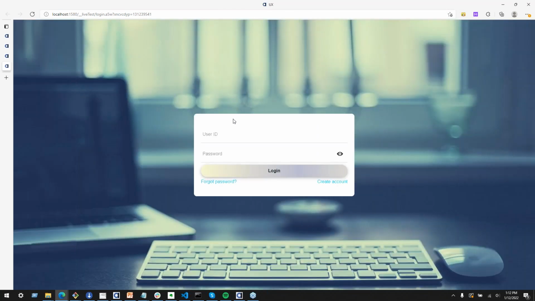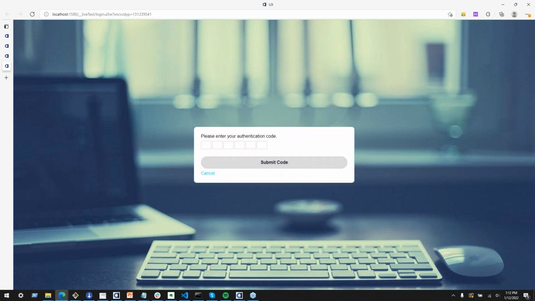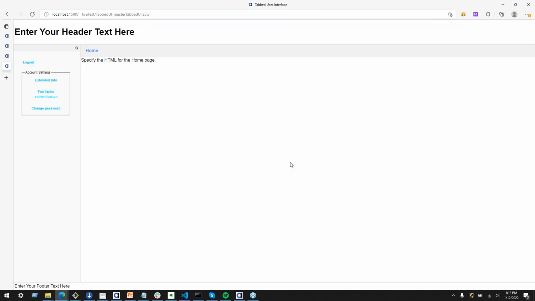Just to clarify here. So here's our live test again. Example.com. Log in. So now we have those 6 boxes. So at this point, I'm going to wait a few seconds because the app is showing me that the code's refreshing. But now it's refreshed, so now I can enter my code. Click submit. And we're in. So very easy